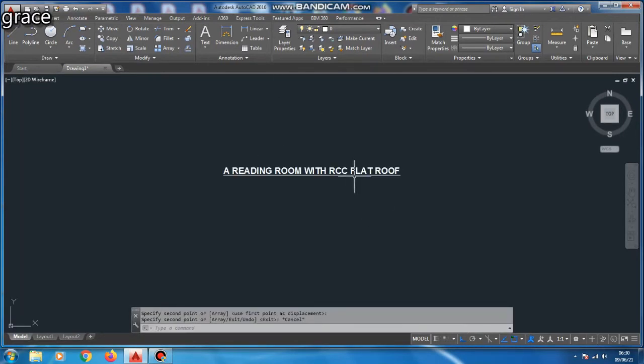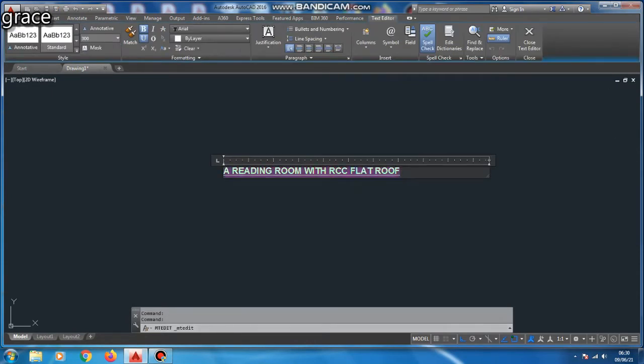Next we are going to mention the specifications of our diagram. Specification means the standard size of our given diagram. So, specifications. Here we are going to draw a plan of our diagram.